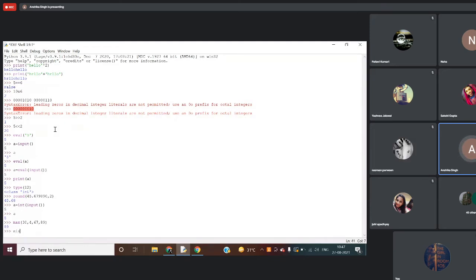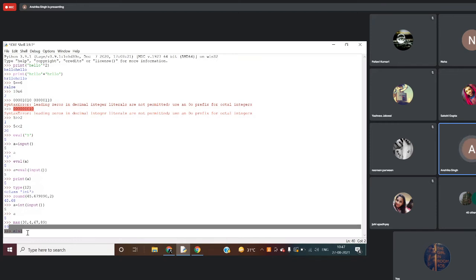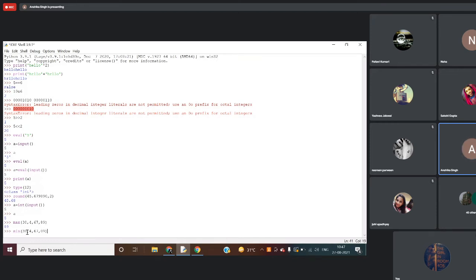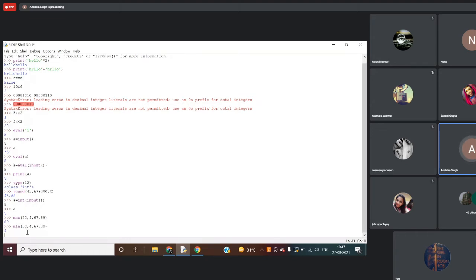In case of minimum, similarly, it will be giving me the minimum. That is your 4. Fine? Clear?